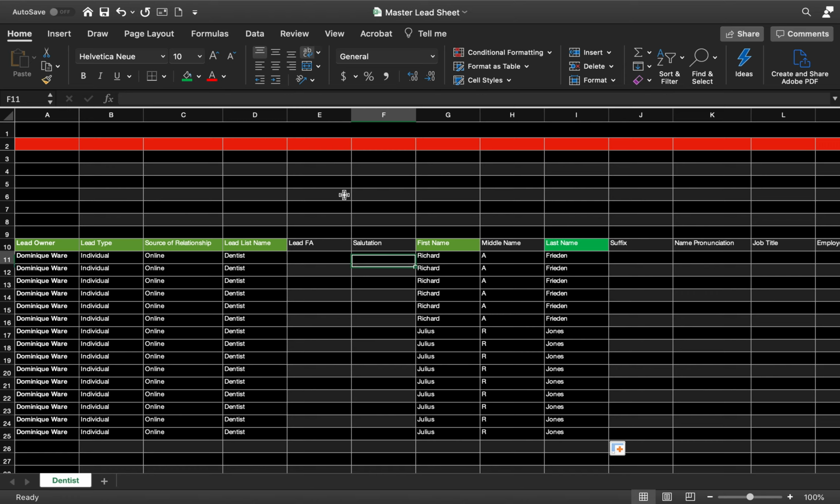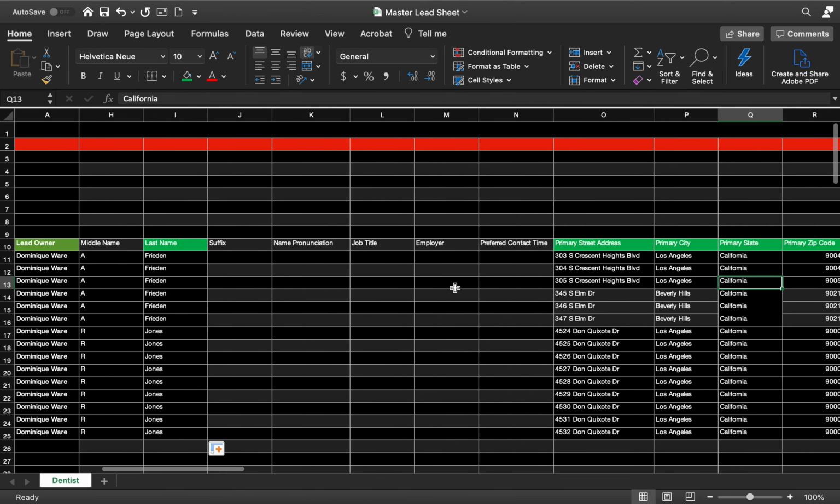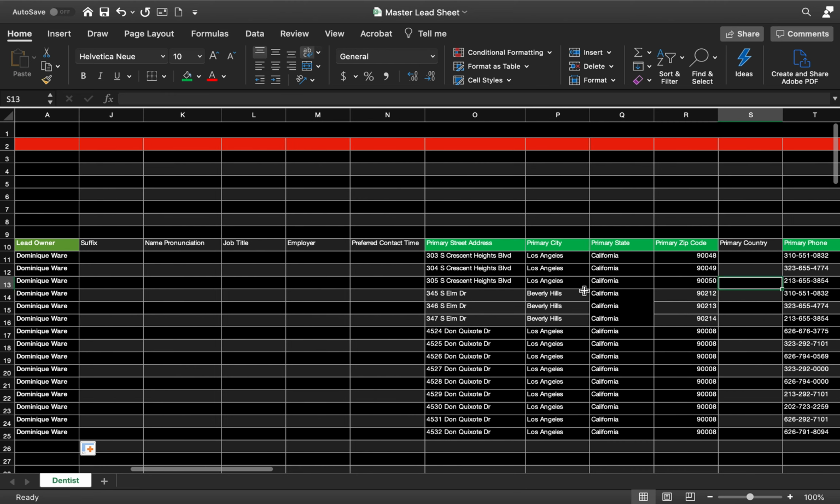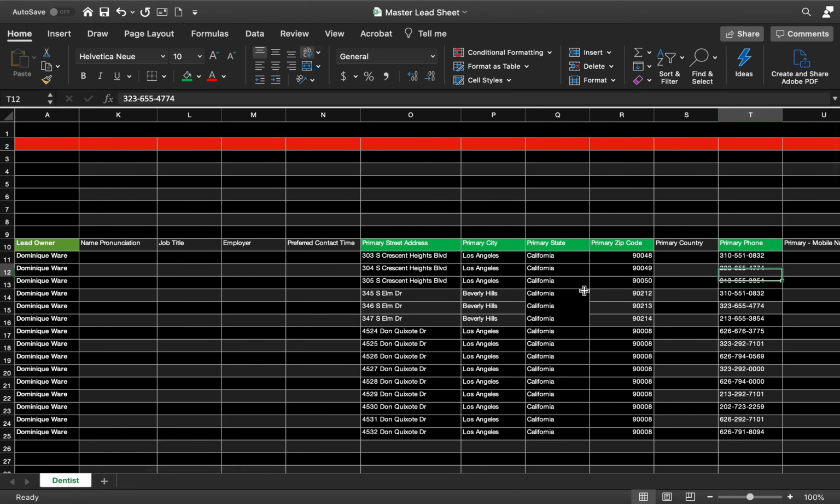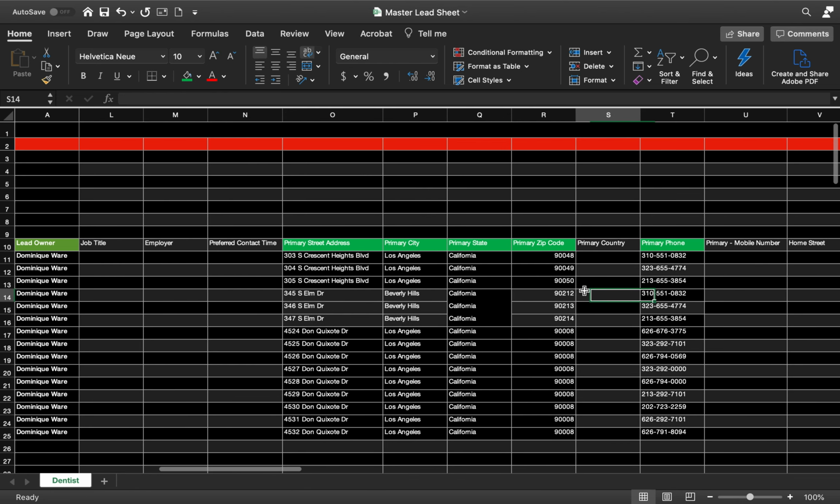So for Richard, when we started, his business address showed as his current address. So we didn't want to put the business address. We need his home address, and we're not sure which is his home address. So we decided to go with the last 2 listed home addresses. So we went with the 303 South Crescent and the 345 South Elm. We got those, and then we put the phone numbers. You see here we have the same phone number, but it's okay because we're not for sure. This time the phone number is associated with this record,